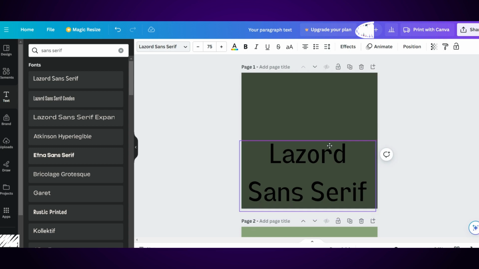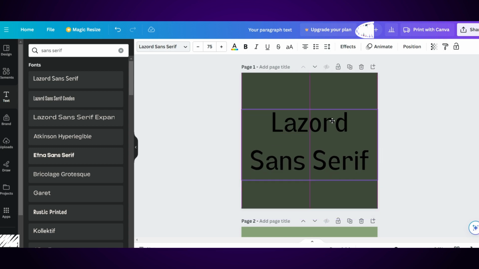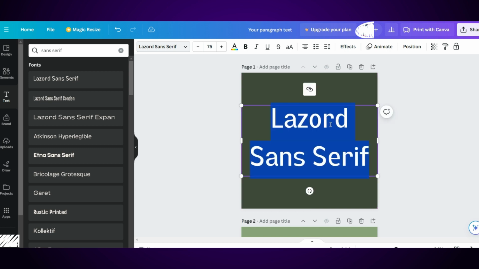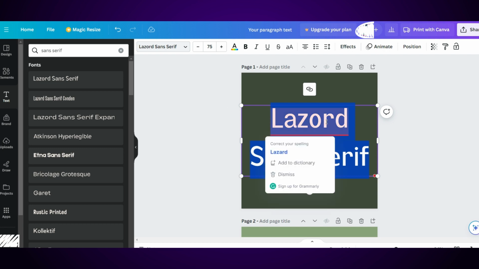So I have my font box here. I'm just clicking it and dragging it up to center it. And you can see those pink lines pop up, and that helps center my current text. So what I have here is the vertical and the horizontal lines are telling me this is completely centered, so I'm letting that go. To change my colors, I'm going to double click it again and